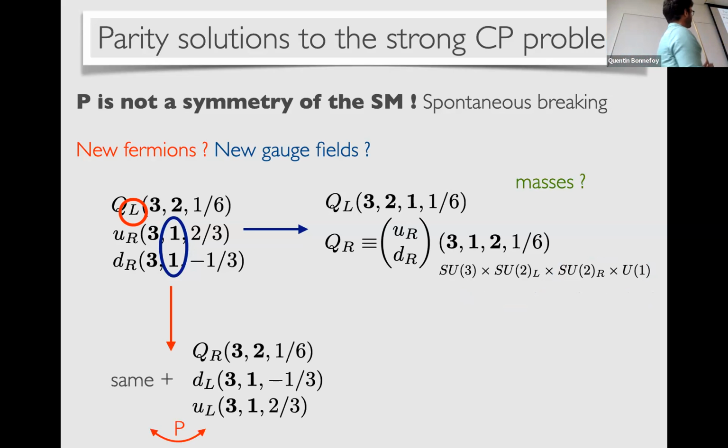If you go in the other direction, you're trying just to add new fermions so that this field belongs to a vector-like object. You're going to just reproduce those three and add right-handed indices, in which case parity would simply exchange those ones with those. Of course, we know this can't happen because those would be new colored objects, and since it also defines a new Landau pole theory,